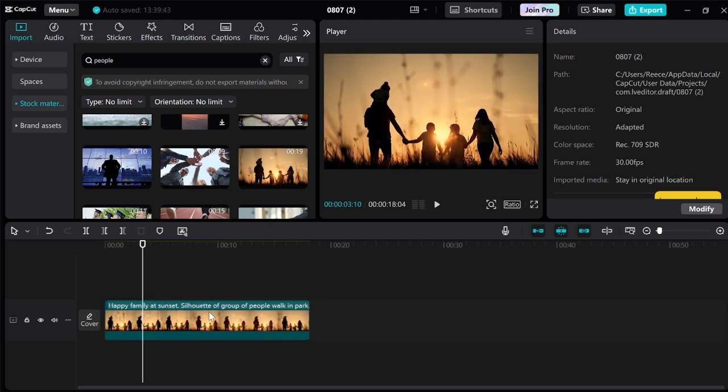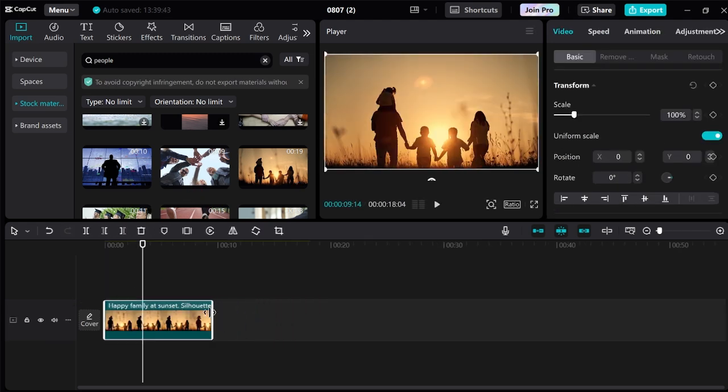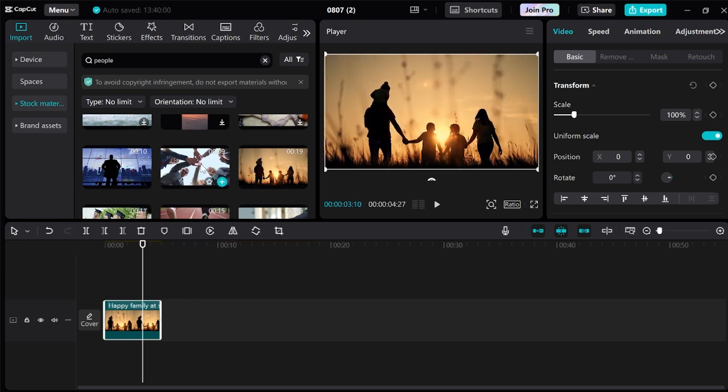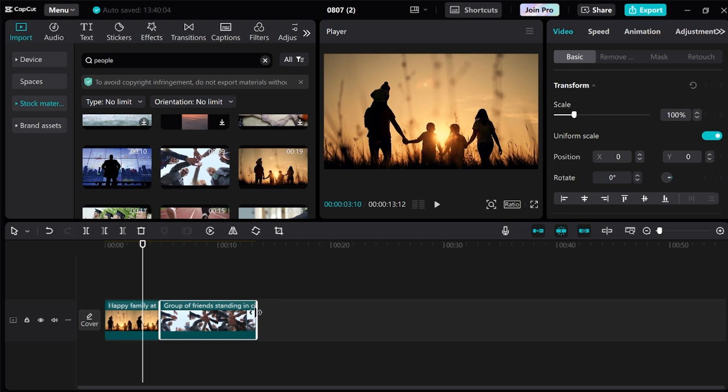Once you have your video footage in the timeline, then just resize this to how you want this displayed, and then go ahead and drag all of the rest of your footage on the same layer on the timeline. Once you have all of your video footage on the timeline here and resized, then we're going to go ahead